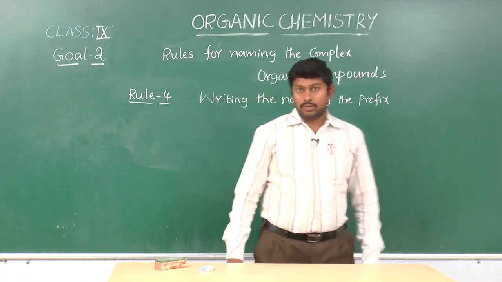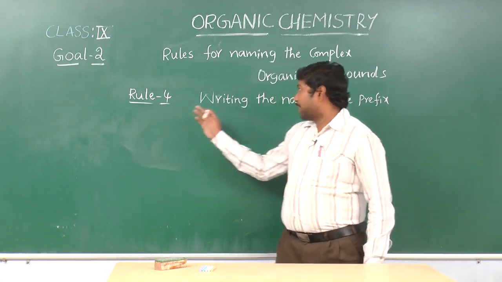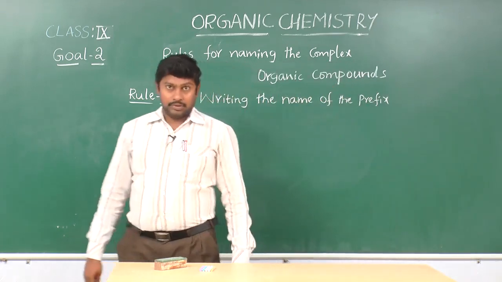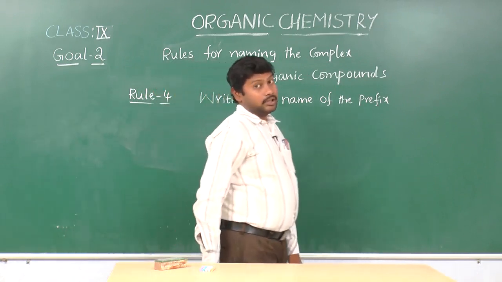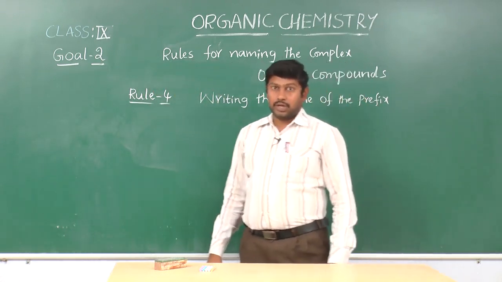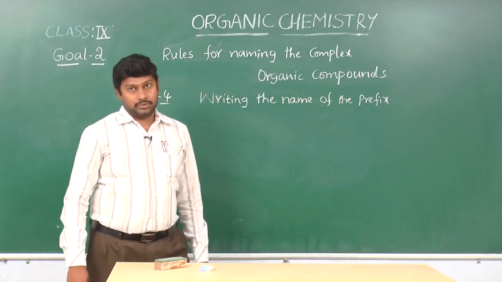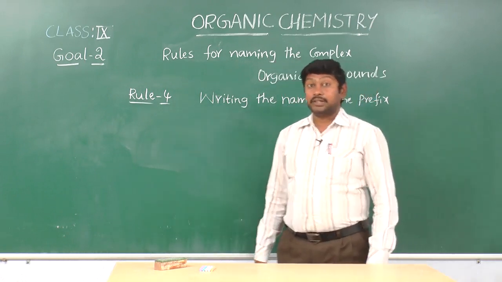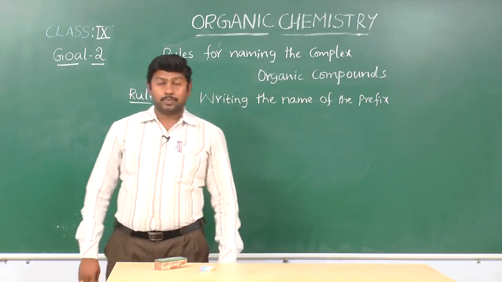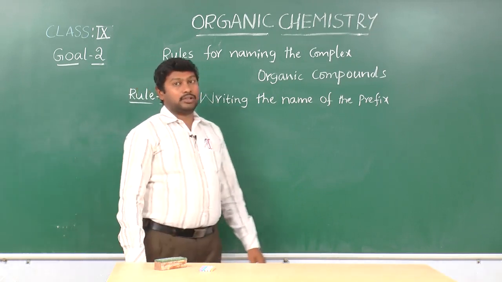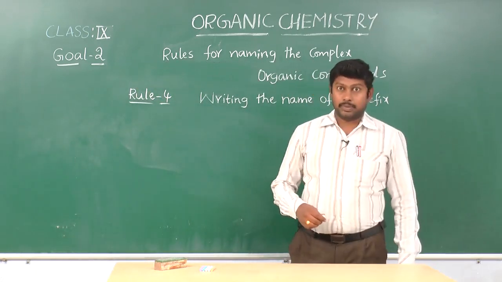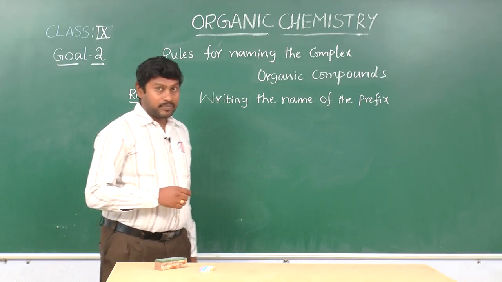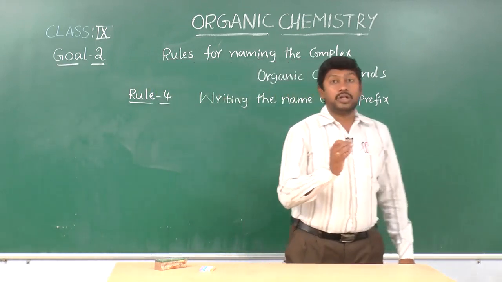The next rule, that is rule 4, is writing the name of the prefix. And how to write the name of the prefix? Here the name of the substituent is prefixed to the name of the parent hydrocarbon, and its position on the main chain is indicated by writing the locant before the prefix,